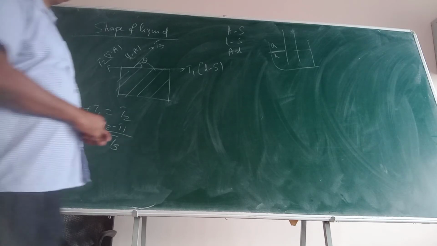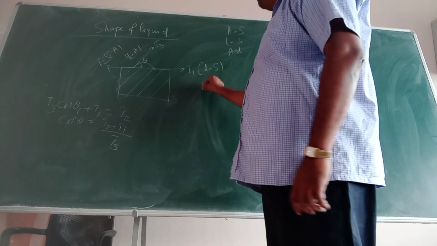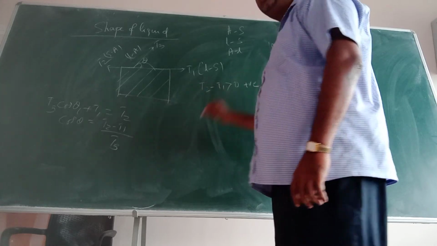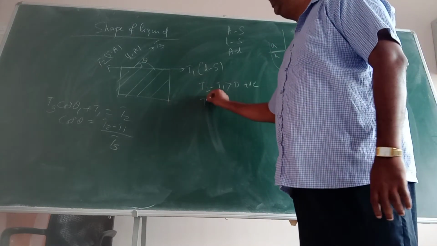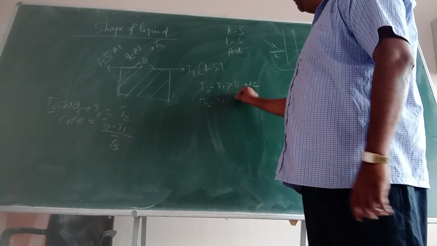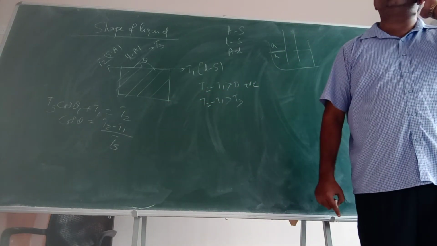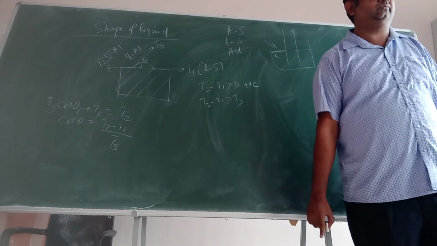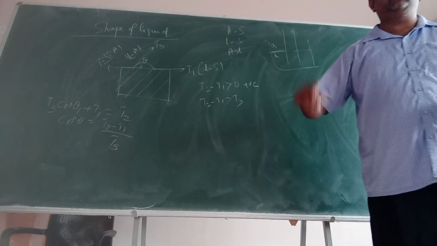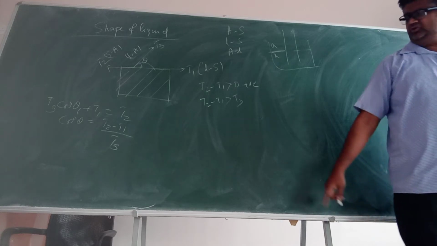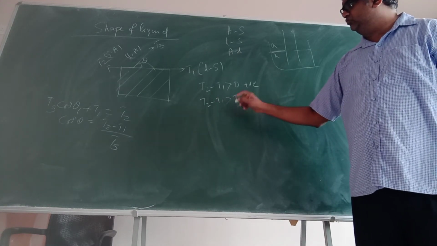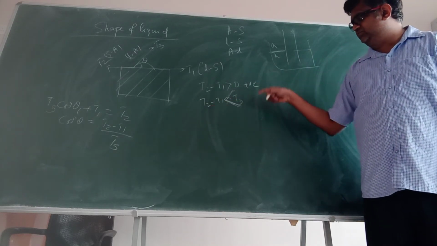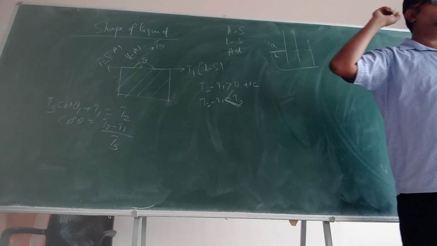So let us take some cases here. Let us say T2 minus T1 is positive, greater than 0. Alright? And obviously T2 minus T1 has to be less than T3 because cos theta is a ratio. Cos theta cannot be more than 1. Cos theta has to be between -1 and +1. This is the numerator, this is the denominator. The numerator has to be less than the denominator.